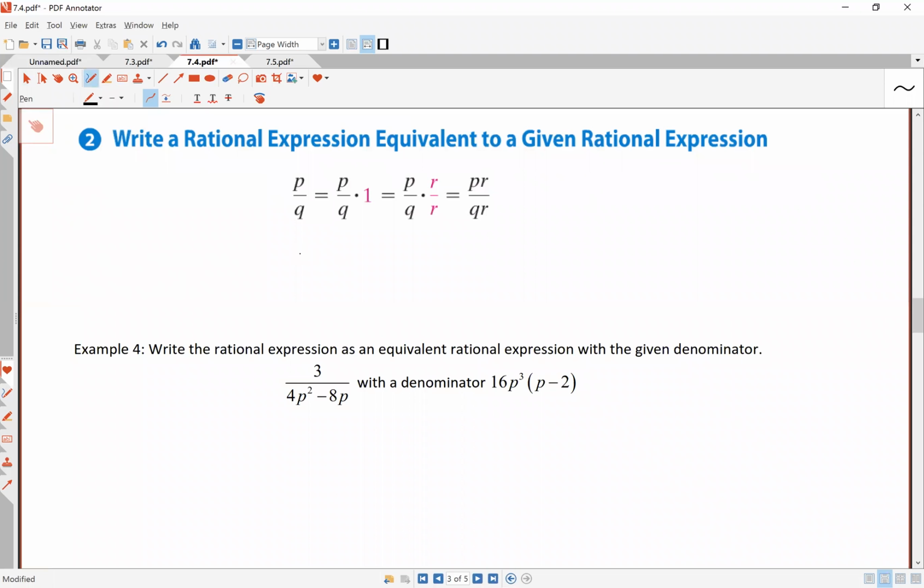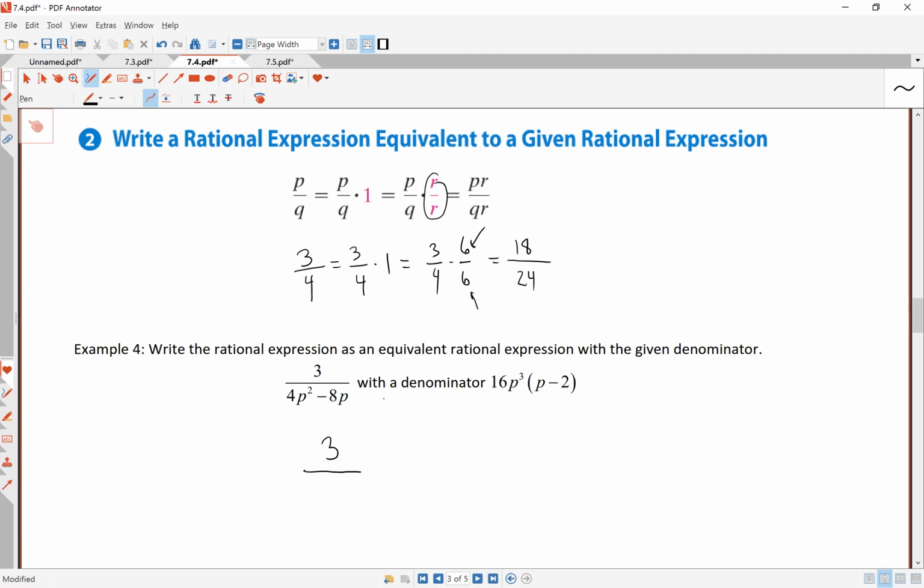6 times 3 is 18. So we write these in their unsimplified form so that we can compare them or add them to other fractions with that same denominator. So it's very important: what we do to the bottom, we must do to the top. So we're going to ask ourselves,